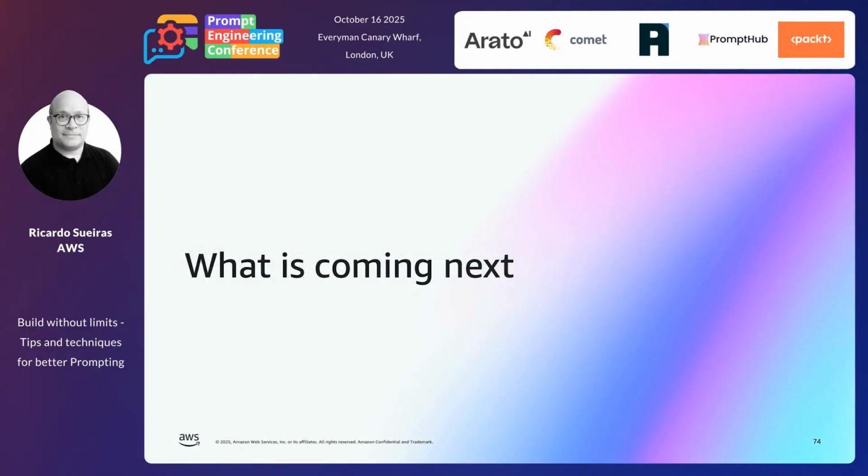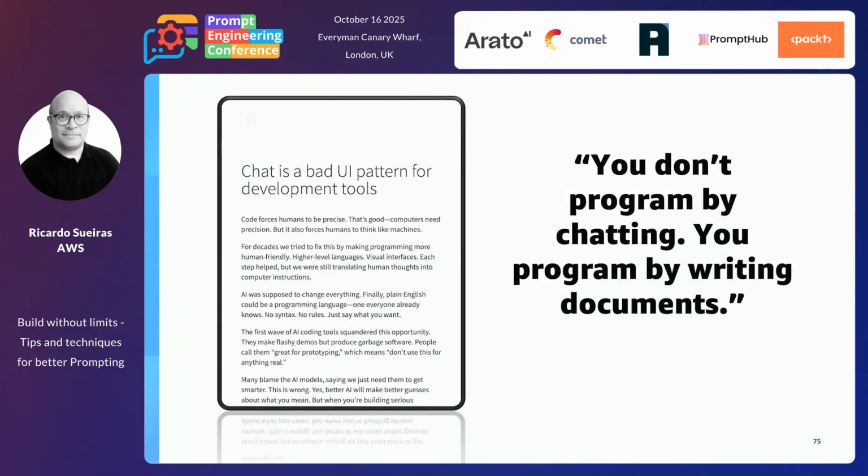So just to finish, we've learned a lot over the last two years. I've really rushed through a lot of that stuff, but what's coming next? How are we going to make AI coding tools better for developers and actually solve a lot of these problems so that you don't have to do as much work? The reality is a lot of the stuff we're doing today is actually writing markdown documents, and prompts are not really a great way of interacting with AI coding tools to generate output,